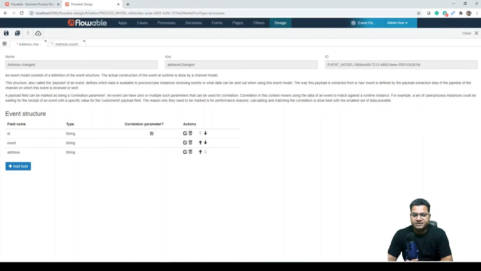Correlation parameters provide a highly efficient and scalable way of knowing how to match individual events to specific processes and cases. There is an event field that we will be using to pass our app specific type of event, which we will show how to use when we get to look at handling inbound events. The final field is the actual value we are most interested in, that is the address where we are actually passing our message. All of these are text fields, but other types can be used as well.